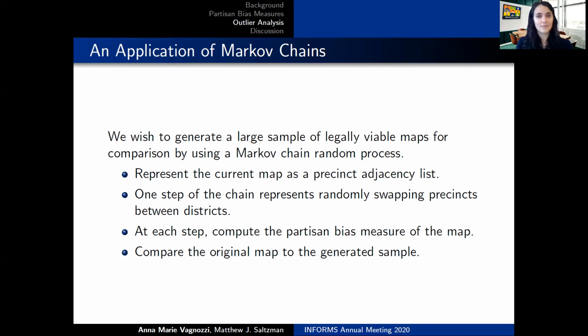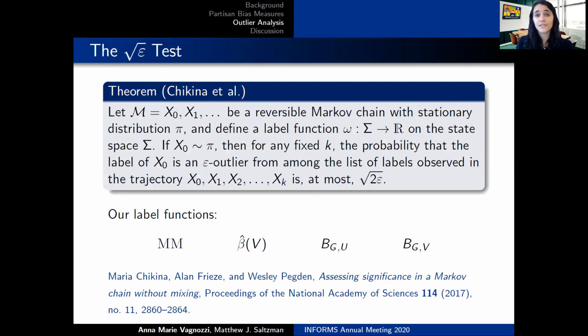and then we compare the original map to the generated sample. We then apply a theorem developed by Chikina, Fries, and Pegden and used in their analysis of the 2011 Pennsylvania map to find the likelihood that a map is an outlier with respect to some label function. And here we choose as label functions the measures of partisan bias that we identified. In summary, this theorem says that if our election map is a typical districting, the true probability that we observe a map at least as biased as ours among the set of all possible districtings is bounded by the square root of 2 epsilon,